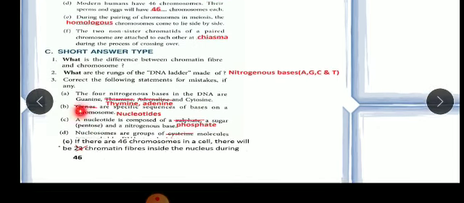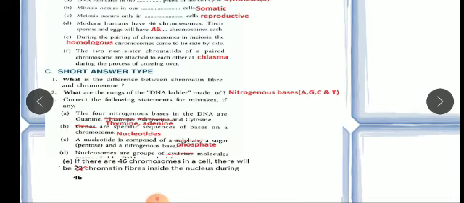So children, I have solved these, but this first one I haven't solved, because it is a definition you can write from the book also. But I will discuss with you the difference between chromatin fibers. As we all know, in the interphase, which is the first phase, the nucleus looks like a network of very long and extremely thin, highly coiled dark staining fibers. That fiber is called chromatin fiber.